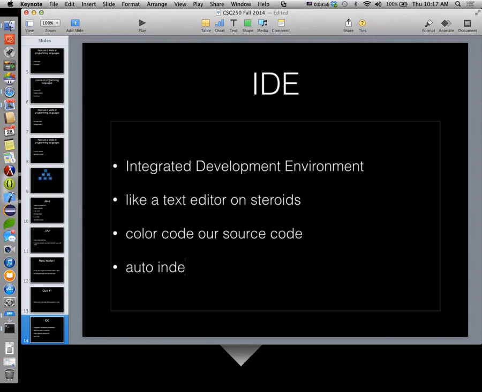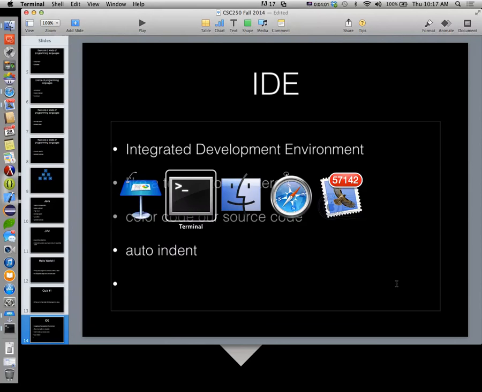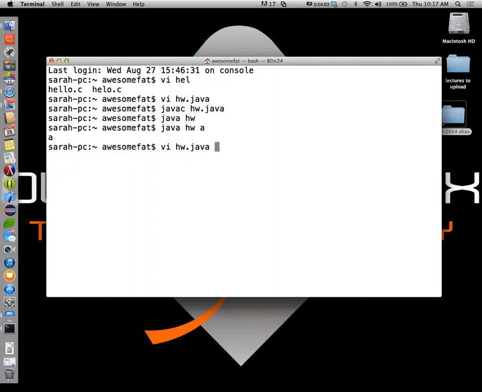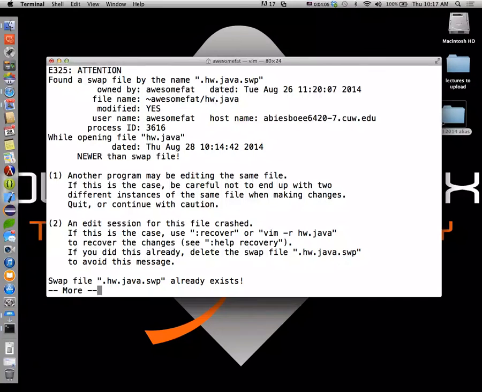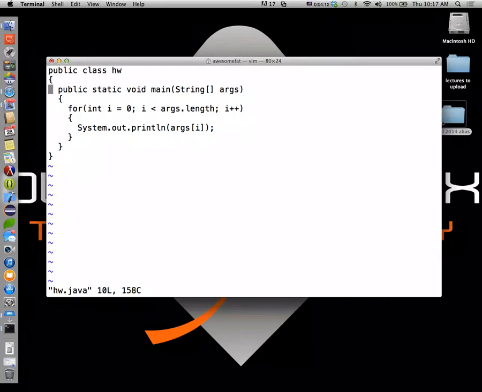Auto indent. If I go back here real quick and bring this back up, notice how I've indented this so it's kind of easy to read. Well, I had to do that manually.